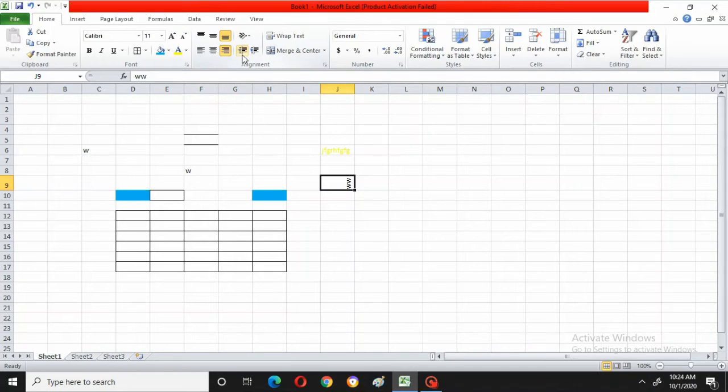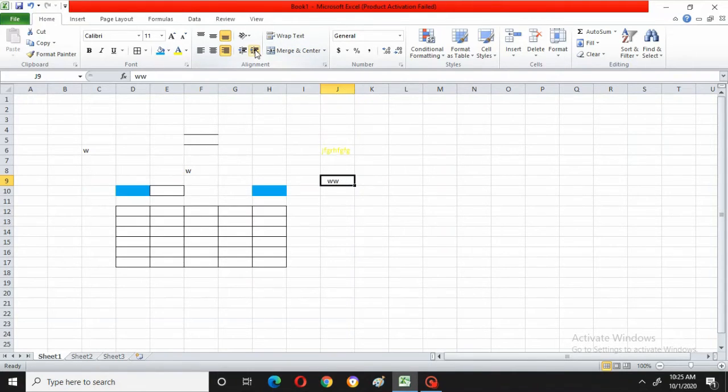Now this is alignment, decrease indent, decrease the margin between the border and the text in the cell. I will just give a click on it. See, you observe the cell. Is anything happening? Nothing is happening, because the text is to the corner. Now this one I will give a click. You just observe. Can you see? It's going away. Now if I go to this, again it comes back. Understood? Okay.